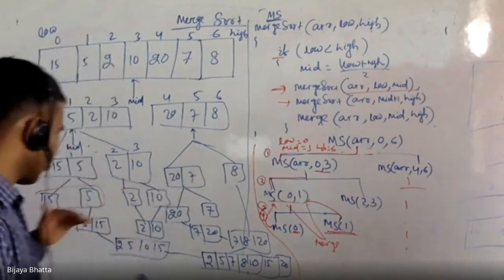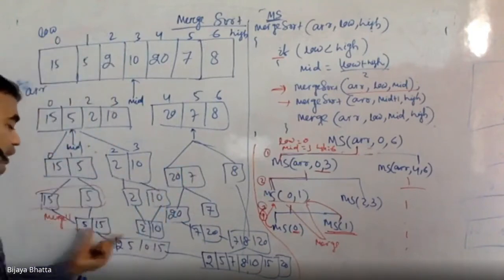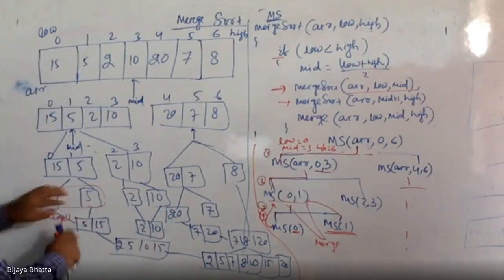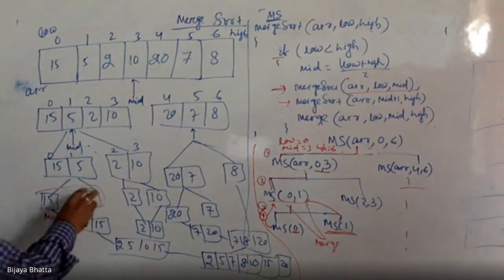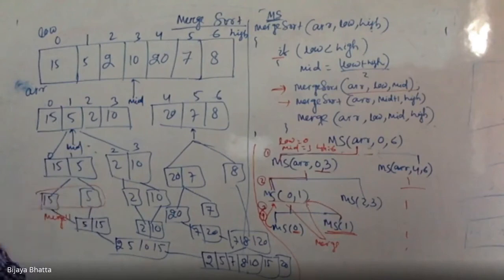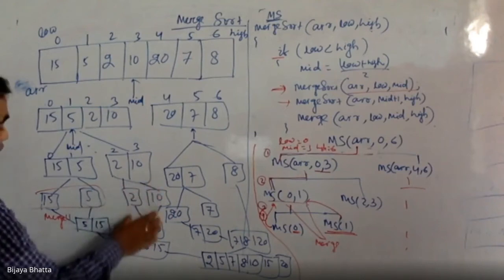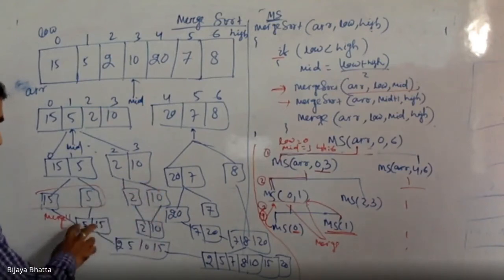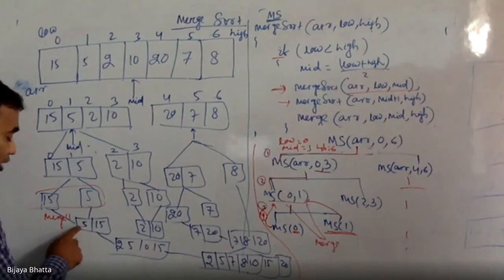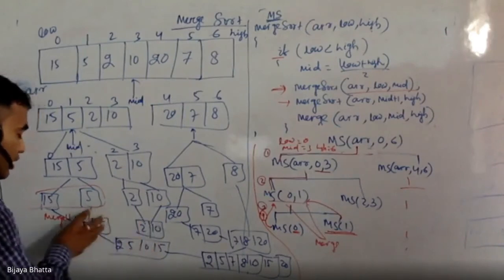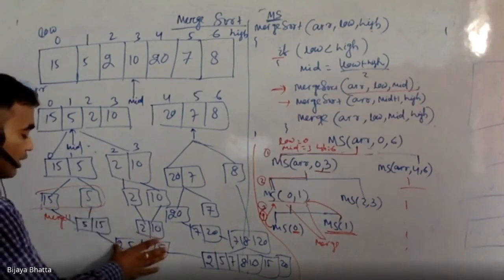Just try to understand. Merge is always taking two sorted parameters, right? So this is 5 15. Suppose 5 is already sorted, because only one element means sorted element. 15 is also a sorted element, so it is just making another sorted form. So 2 is sorted, 10 is sorted, so 2 10, so again it is sorted form. So 5 15, this is already sorted. If you see 5 is less than 15, 2 is less than 10, that means this is already sorted. So this is going to be the output array.